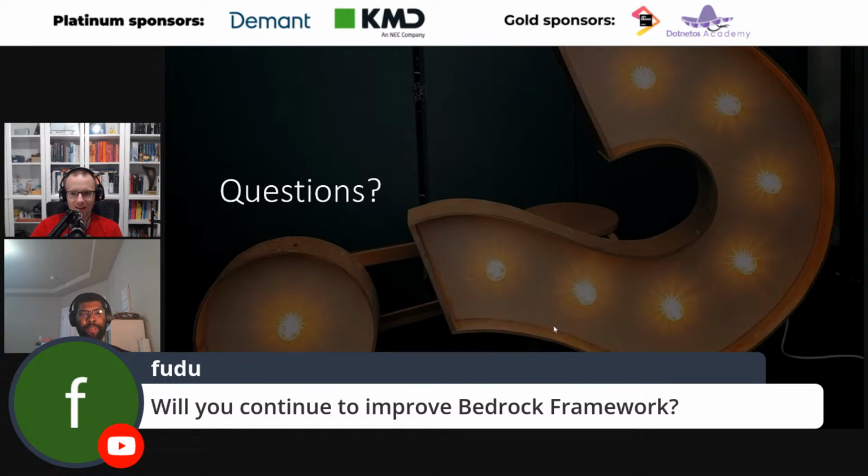Okay, a question related to Bedrock. Oh yeah, that's my baby. I actually plan to put it on NuGet before the end of this year. I want to get it to a state where it could be a V1, and I put it on NuGet and then it can be used by people. This is my way of getting a very efficient networking stack built on spans, memory and pipelines into the ecosystem.